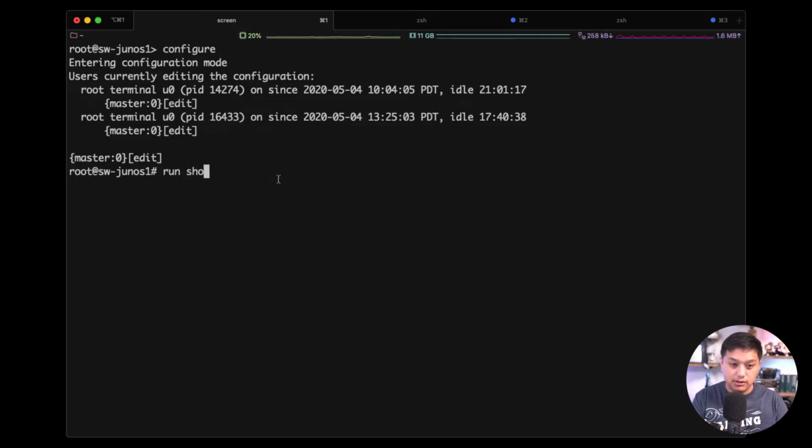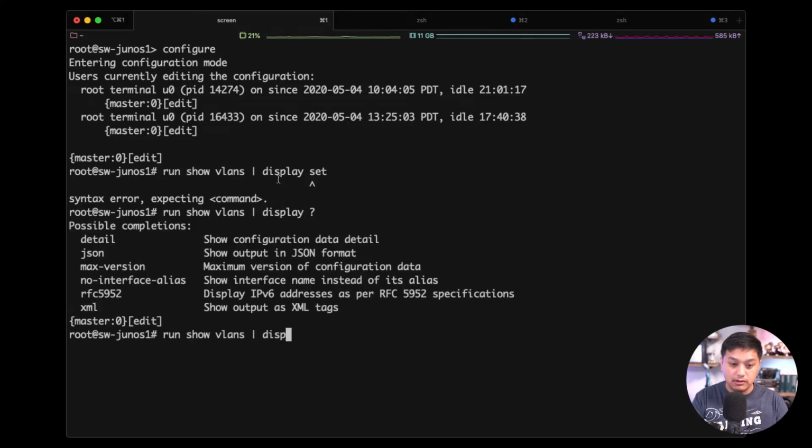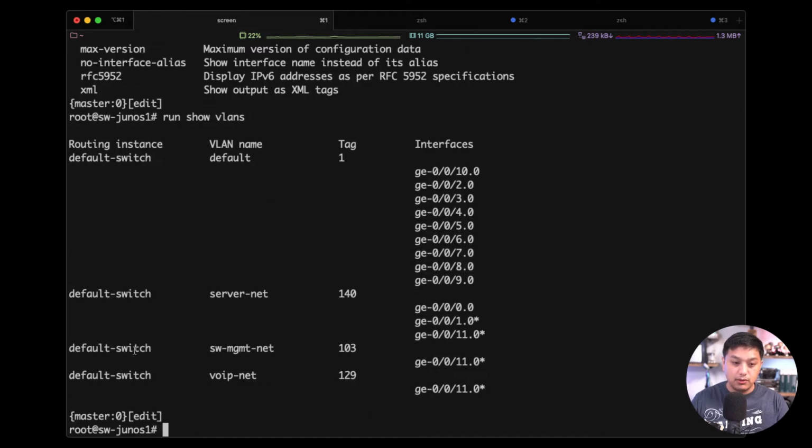Show VLANs, I think. I'm trying to figure out how to show this. All right, well, run show VLANs. Oh, there you go. So here it is. I want to put the management on this VLAN, which I've defined as switch management net